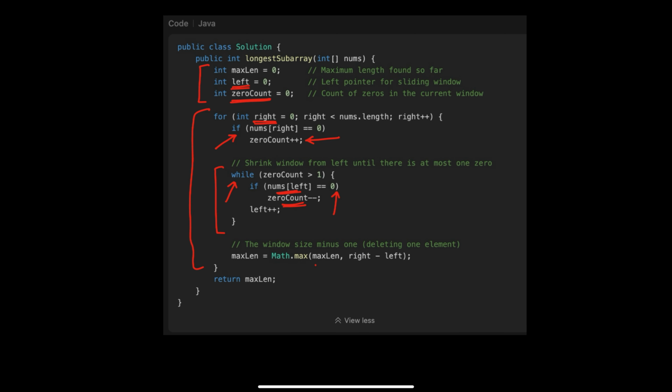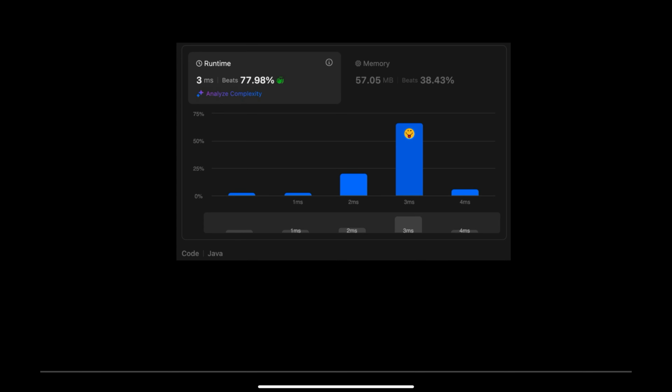Once the criteria is met, I'm calculating the range or size of the window, that is right minus left pointer, and comparing it with the max length, and whichever is higher is going to be saved back into this max length variable. Once the for loop is complete, I'm returning max length as the output. This code, when submitted on LeetCode, beats nearly 78% of the submissions in terms of runtime and 38% in terms